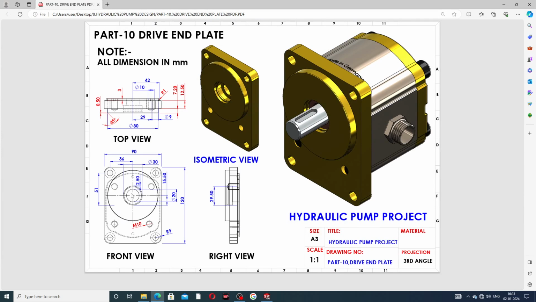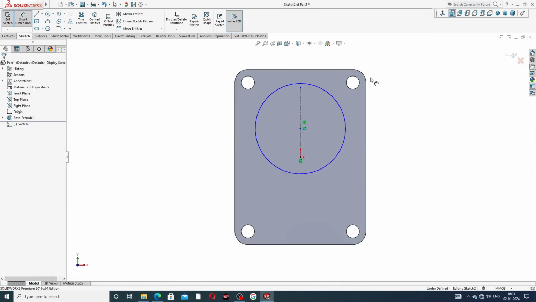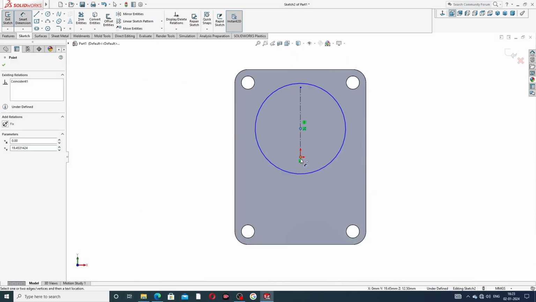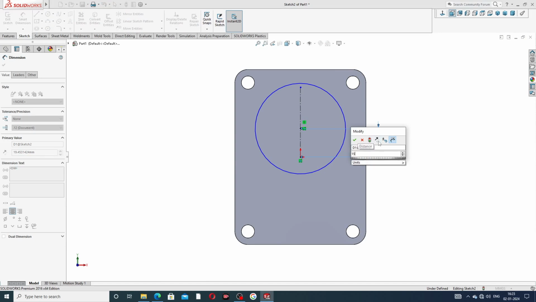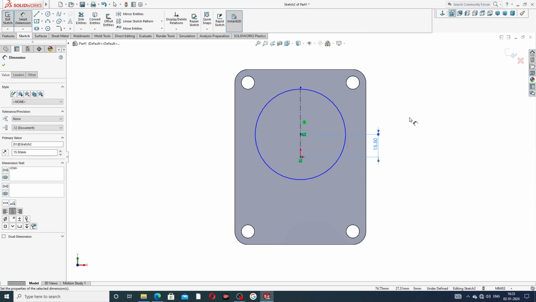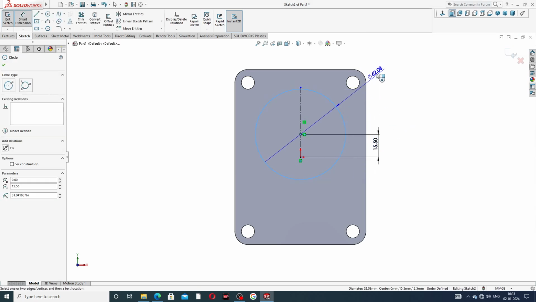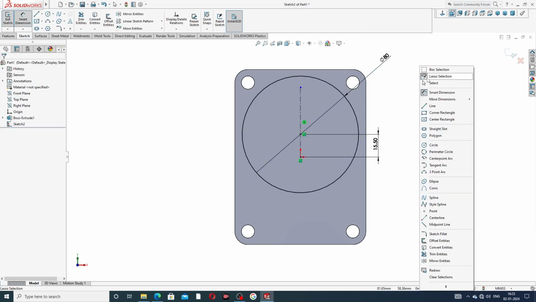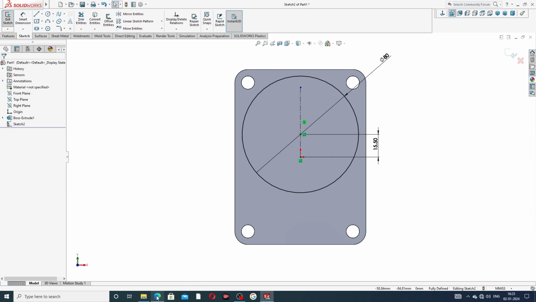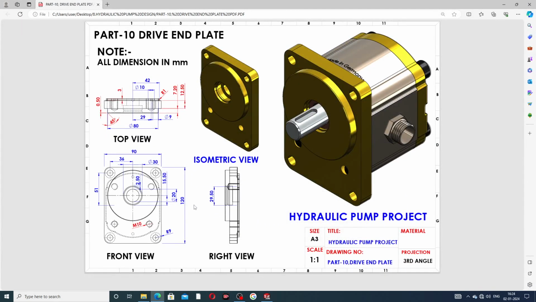This point to this distance is 15.5, and the big circle diameter is 80 millimeter. Again, this point to this distance is 15.5, and this diameter is 80 millimeter. Okay, and next is